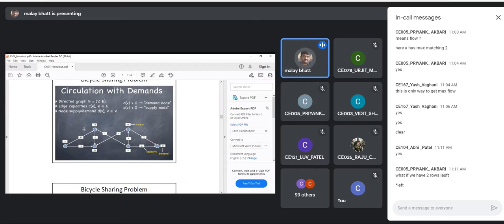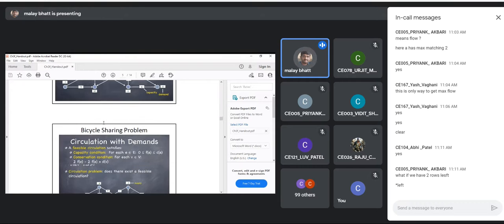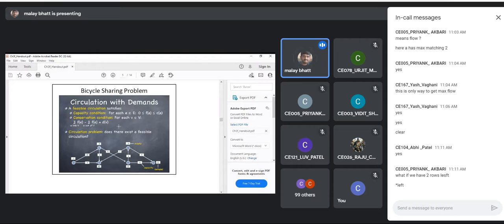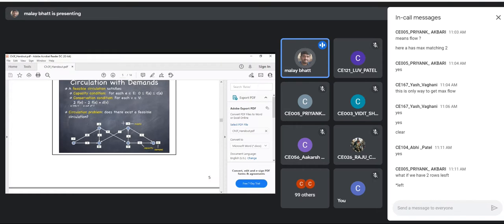Now to understand this, we will use the Ford-Fulkerson method. Again, the same criteria are there. The capacity constraint: the flow value will always be less than or equal to the capacity. The flow conservation property will also be there: inflow minus outflow will be the demand. The inflow to the node minus outflow will be what? The demand, right? So can we solve this problem using the Ford-Fulkerson method?